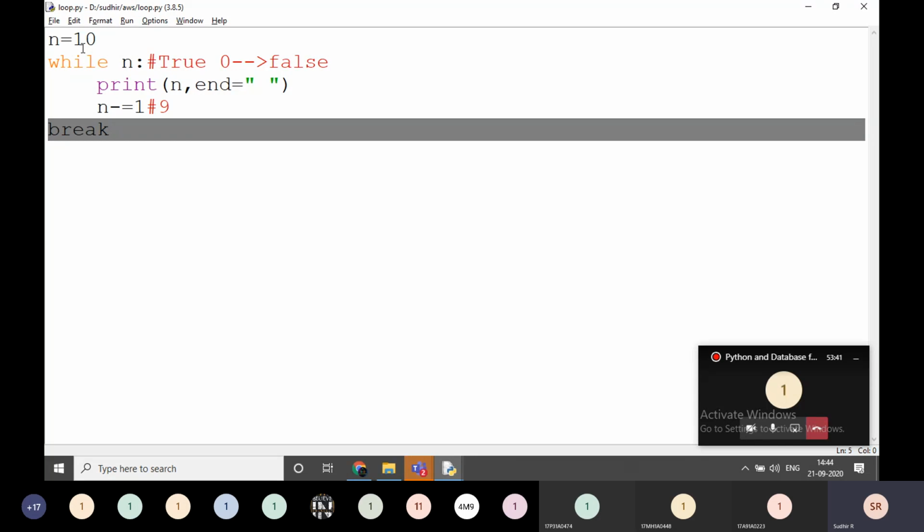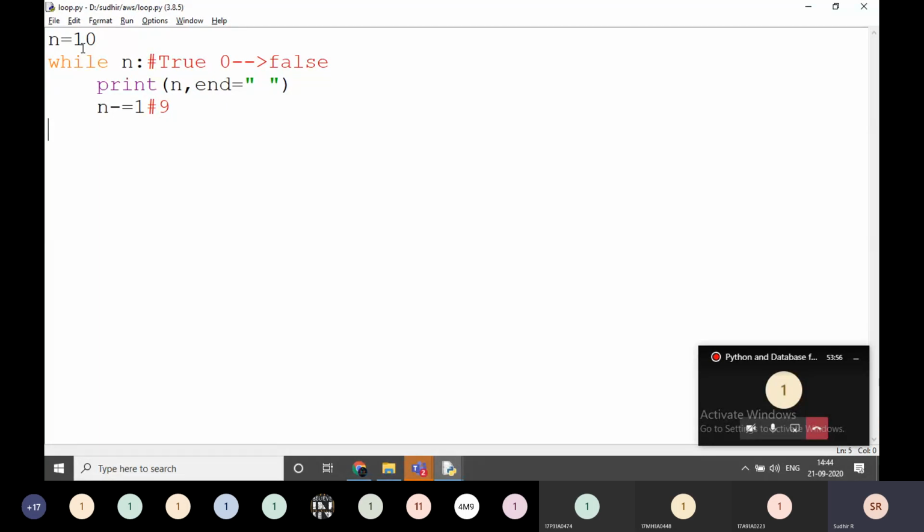It is going to be break. That's it. But when you are dealing with programs, then only it will be useful for you, the real concept of break. But here I am going to tell you how break works. Nothing else. But I will show you what is the use of break when we are dealing with programs. For example, I'm going to write this one.